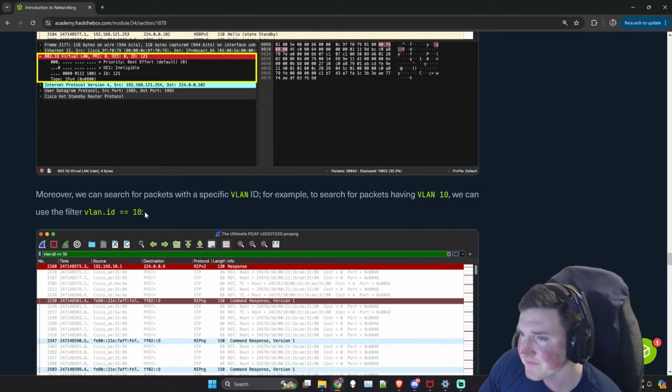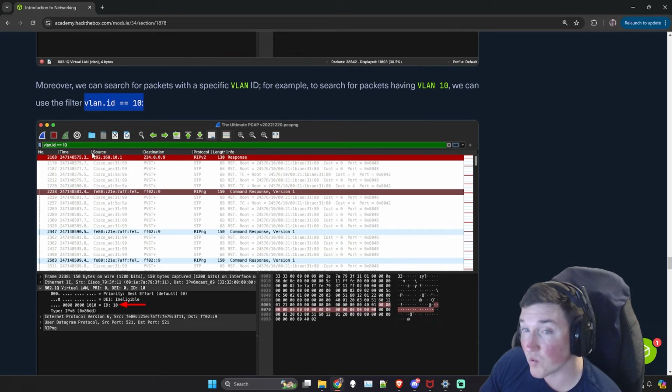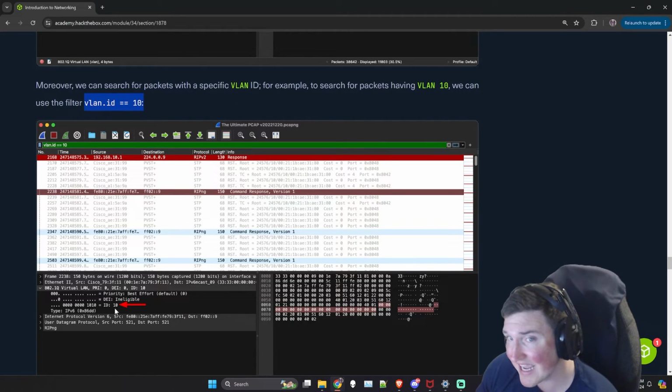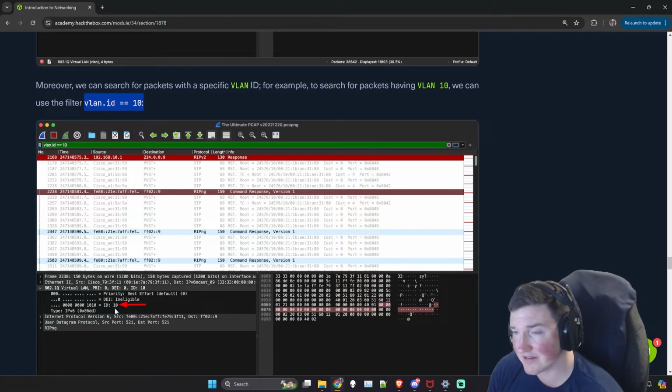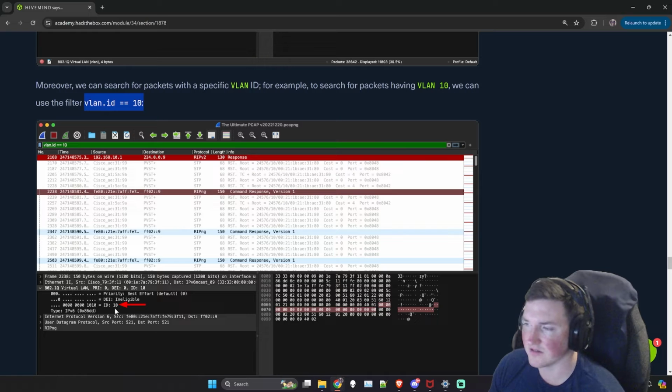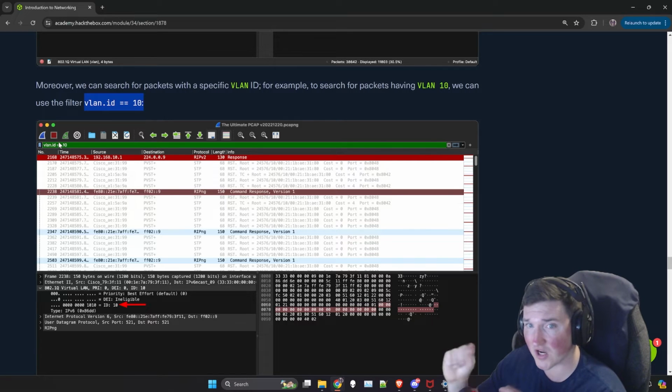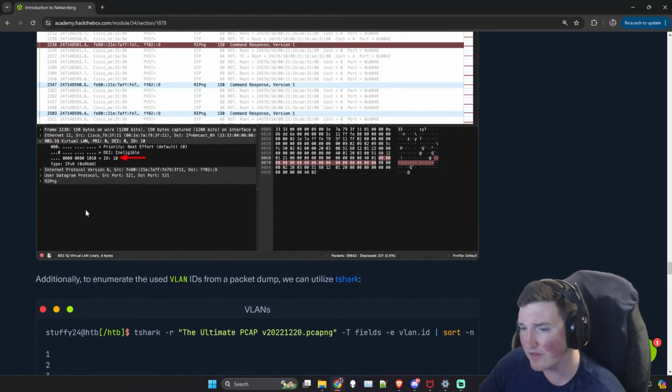But you can see they actually filtered on Wireshark for VLAN ID 10. And now look, they're only seeing traffic on VLAN ID 10. Why is this important? Well, if you're in security and you're trying to figure something out, what if you have a switch? You're not just going to take a Wireshark capture of the entire switch and then look through it to find specific things. No, I want to find just the people talking on this VLAN. This is how you can do it.